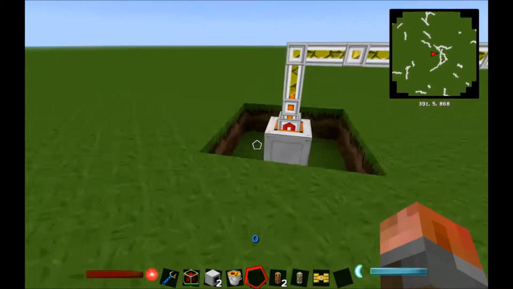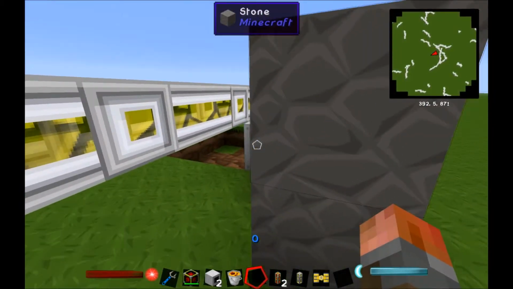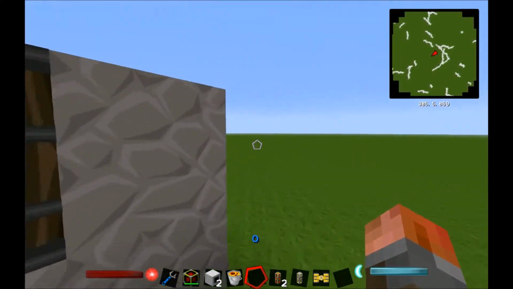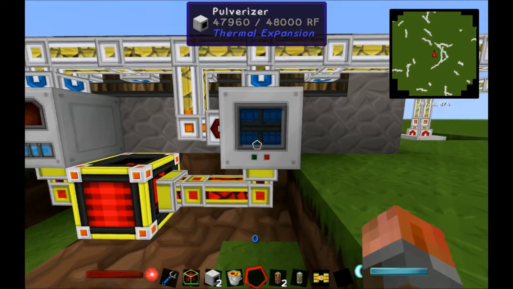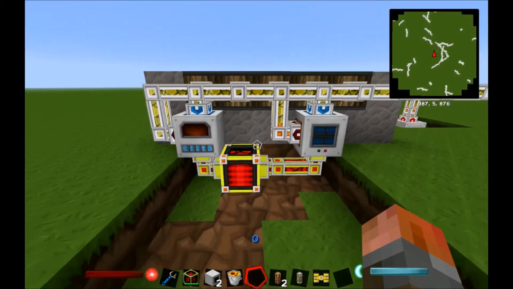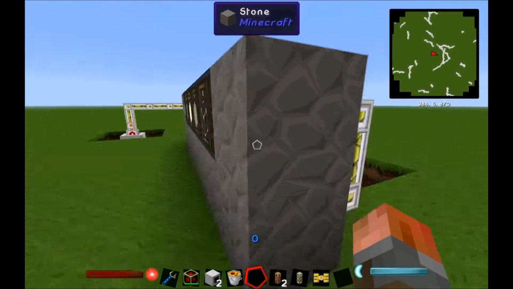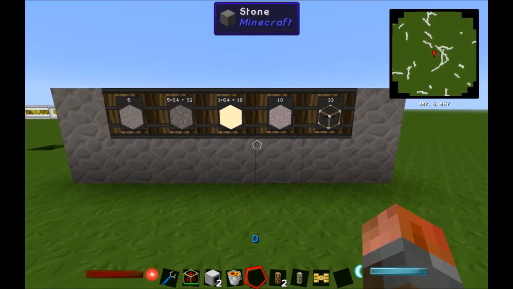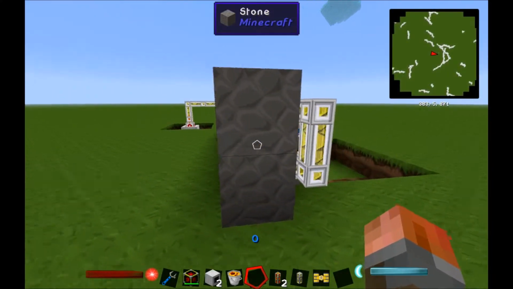Now you can reconfigure this. All you need to do, just change this to stone mode, and then over on our pulverizer, that's the thing that's going to be able to make two things now. So you need to rework that a little bit on this side. Anyway, you can also add some more items in here. And how do we do that? Well,